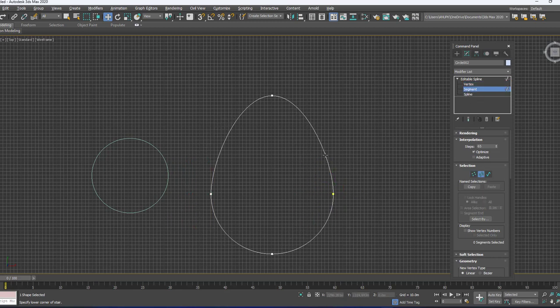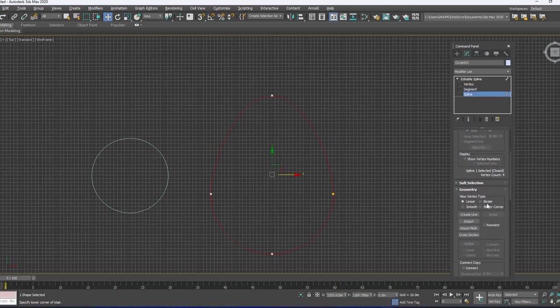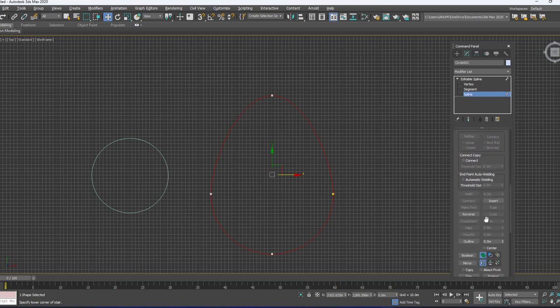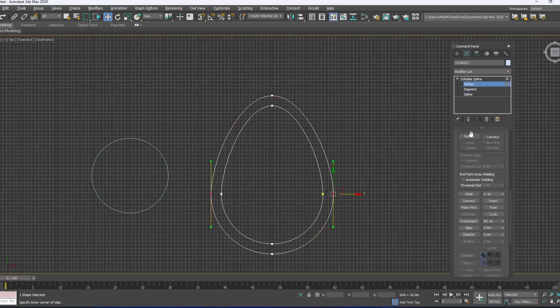Spline or segment you can change however you want. While doing the swimming pool, you can use this. Spline means whole spline, and then just come down to apply the extra parameters like outline, that is double. When I click on the vertex, then I will get the fillet and then chamfer to get the extra smooth, and then sharpen edges.